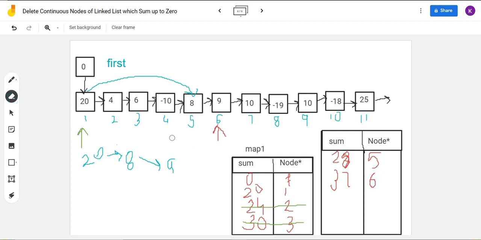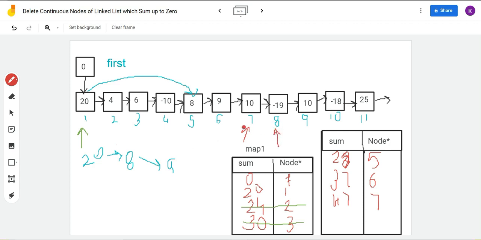Again we will move to the next node, that is 10. And 37 plus 10 is 47. 47 is also not present. We will add 47 in the map with 7. Right. Now we move to the next node, that is minus 19.